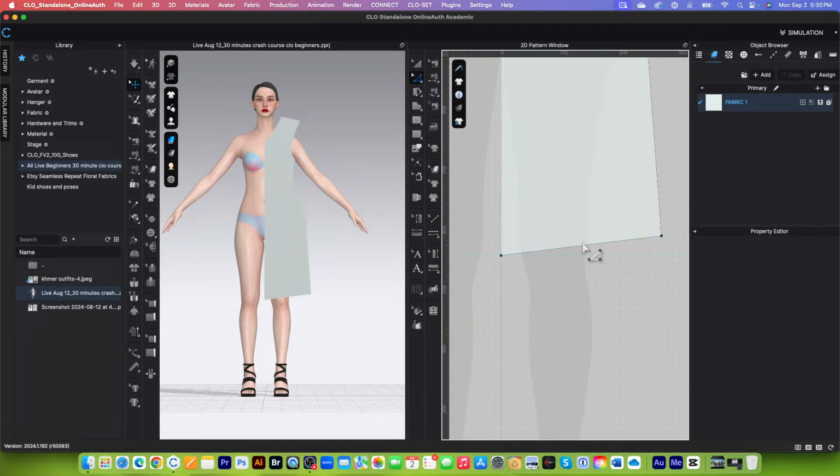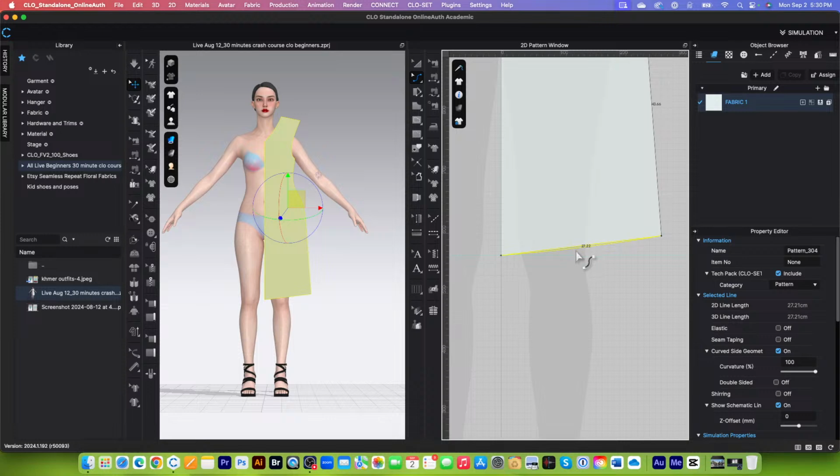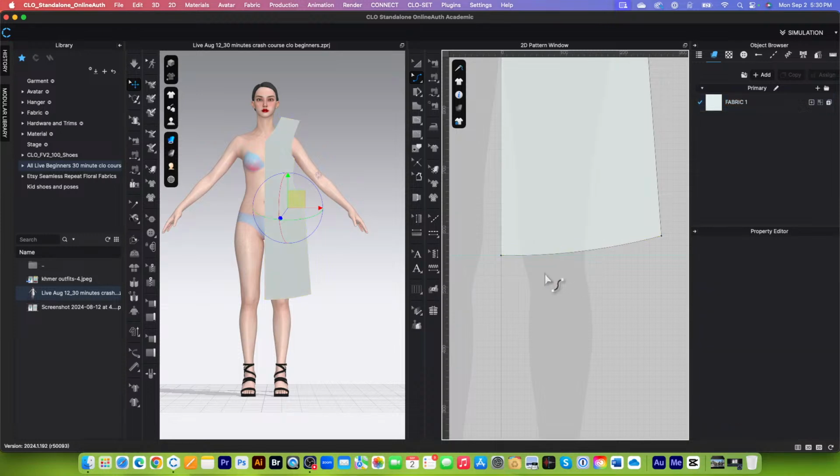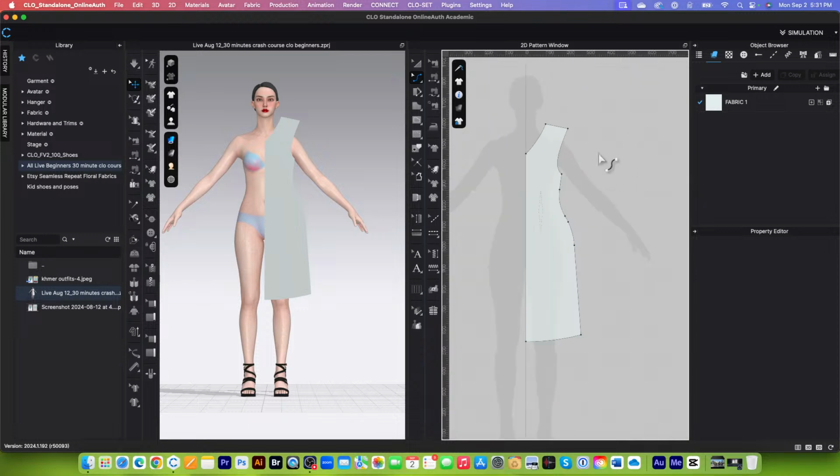So I'm going to press the letter C here to get to that curve tool, and there you go. So this is the perfect curve that we want. We want the curve right here to reach right above that guideline. Okay, so that is one piece of pattern. So let's say if we want to make a copy of it. All right, so before we do that though, I'm going to switch the tool back to transform pattern